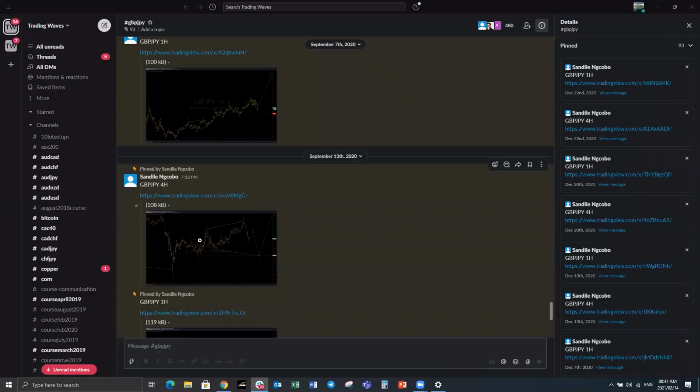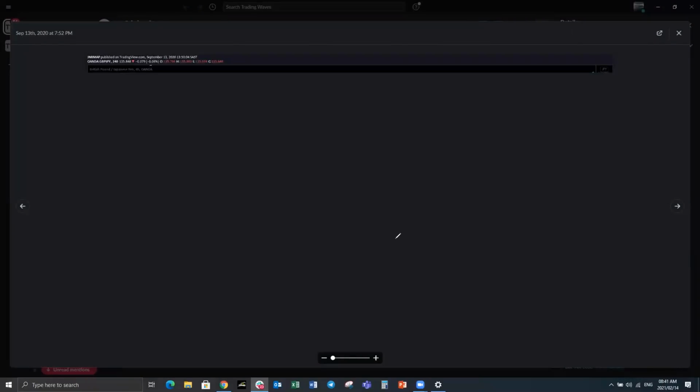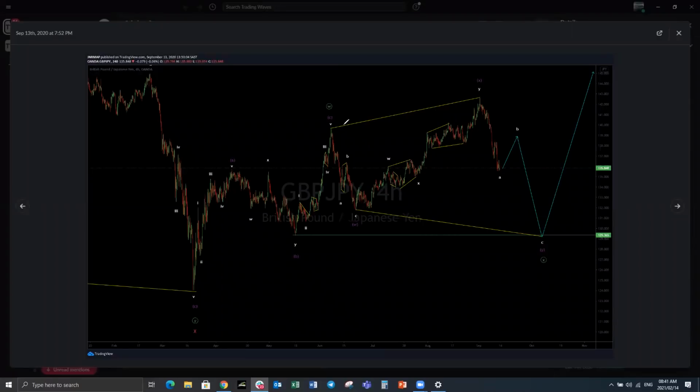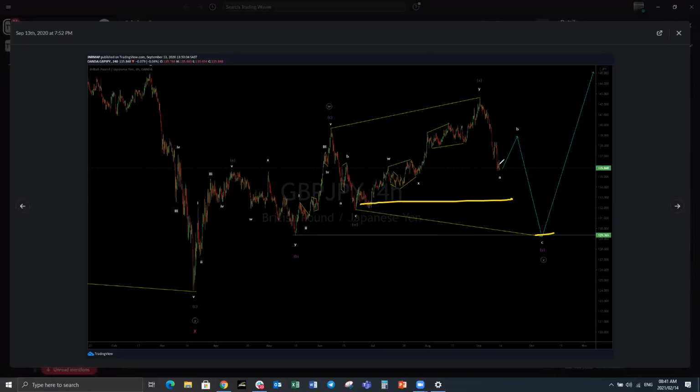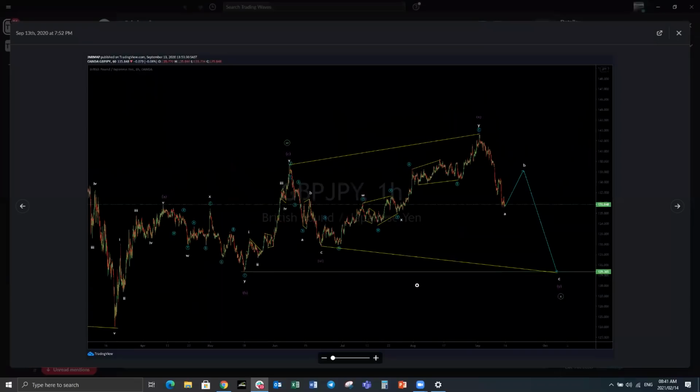Right, so have a look at this one here. There was a forecast, while we were making this corrective structure, that we were going to come back down here and then make a move to the upside. This has not gone all the way up here. This has come around this level, has done this, and then we have pushed up higher. Now we have been trading this leg to the upside. Let's have a look here, showing you the detail now. So that is how this one has been playing out.